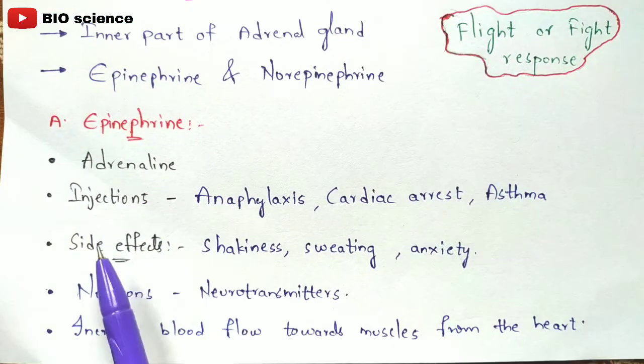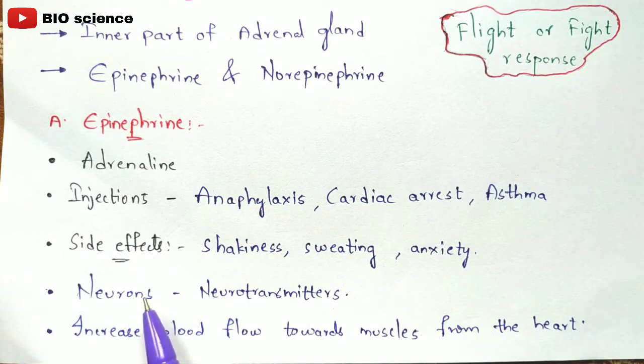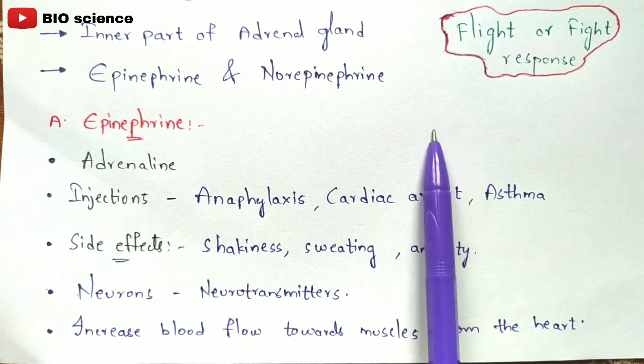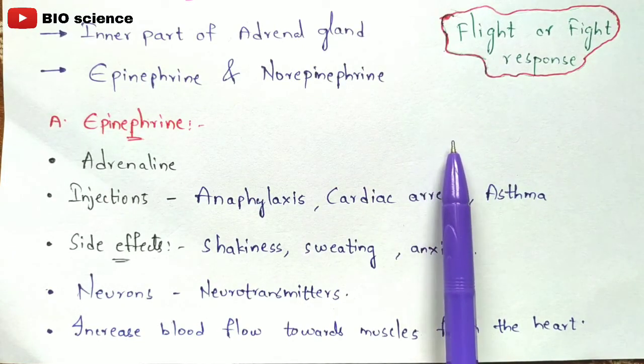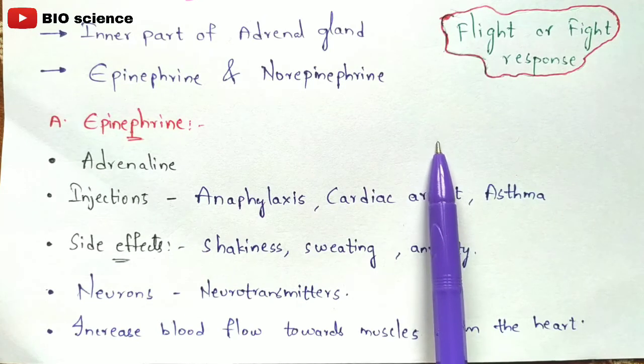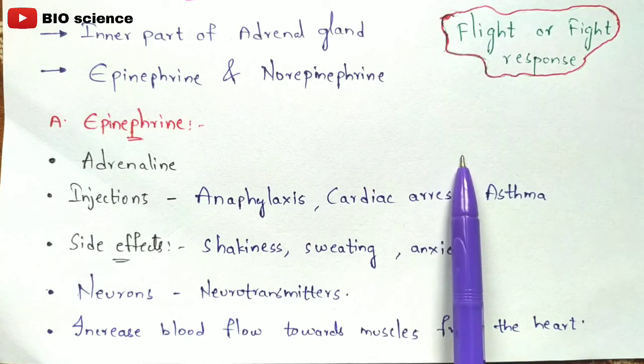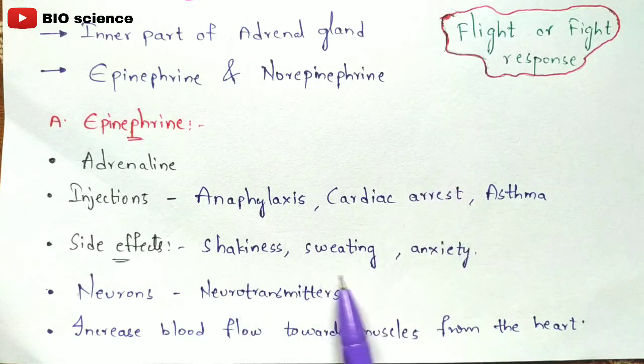So this epinephrine, which is also called adrenaline, is also present in the neurons. If you see my previous video, I have explained the neurons and neurotransmitters. So the link will be given in the description box. So what happens? These neurons will secrete the neurotransmitters, right? So again, I'm going to take the same example. For example, if you see a snake, then immediately you will run away from there. So here your legs will start functioning, where they start running, right? It performs the running function. So that will be done by these neurotransmitters.